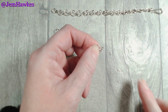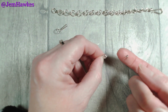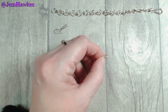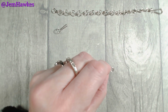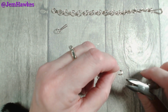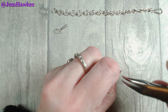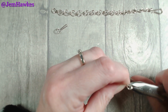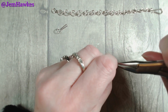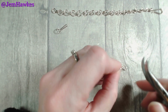So you can do an example in a copper wire. You could take a measurement of what you've cut away and work out the exact distance that you need to cut, or the exact length that you need to cut your pieces of wire to create that right angle link chain. So for the last time, we're going to close these little links up like so. Get them to sit in exactly the right angle. And it is a little bit of time just to get those to sit nice and neat, and then give